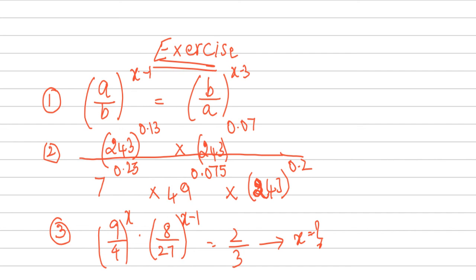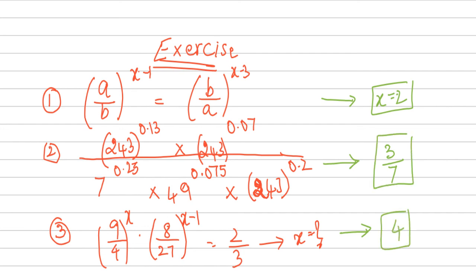And okay, so for this exercise alone, I'm going to give you the solution as well. Here you will get the value of x as 2. You have to work out and try to figure out you're getting the same value or not. Here the final answer will be 3 over 7, and here the value of x will be 4. Okay, so these are the three exercise problems that I'm giving you. If you could do all the three exercises without doing any error, then surely you understood all the basic concepts.